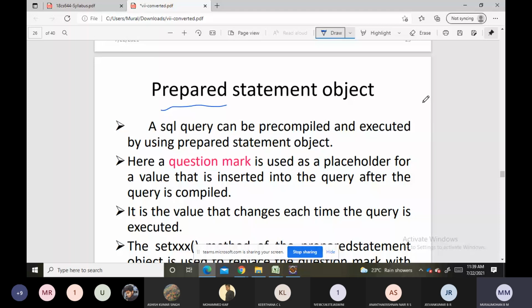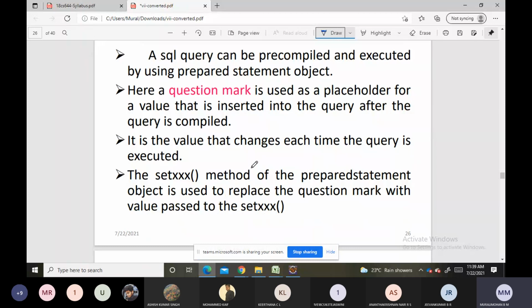Here a question mark is used as a placeholder for a value that is inserted into the query after the query has been compiled. It is a value that changes each time the query is executed. Each time we cannot give the same value. Suppose I need to insert multiple rows into a table, then I can use that.